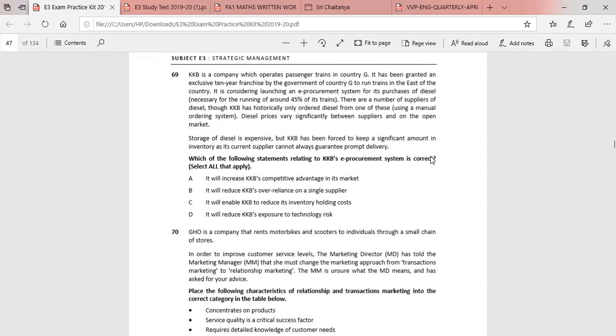KKB is a company which operates passenger trains in country G. It has been granted an exclusive 10-year franchise by the government of country G to run trains in the east of the country. It is considering launching an e-procurement system for its purchases of diesel necessary for the running of around 45% of its trains. There are a number of suppliers of diesel through KKB, though KKB has historically only ordered diesel